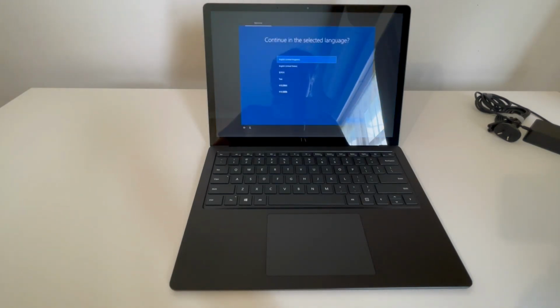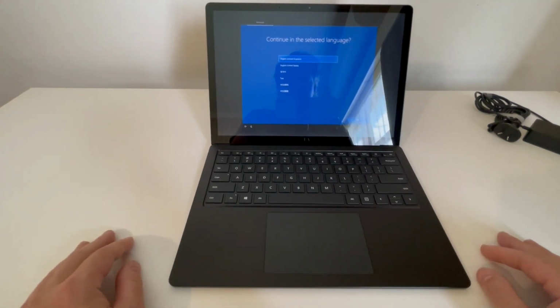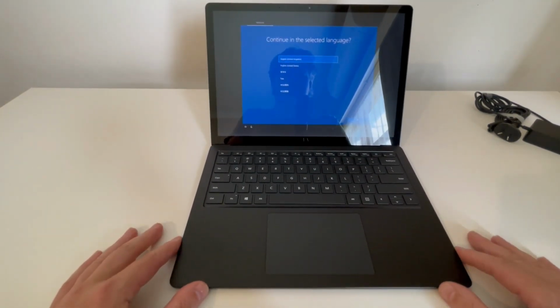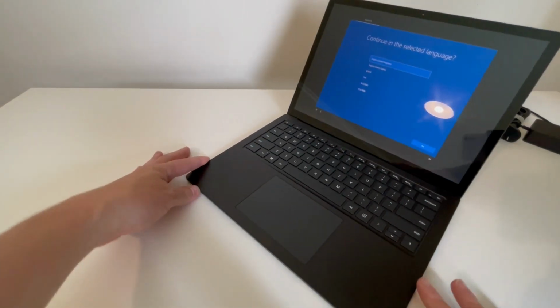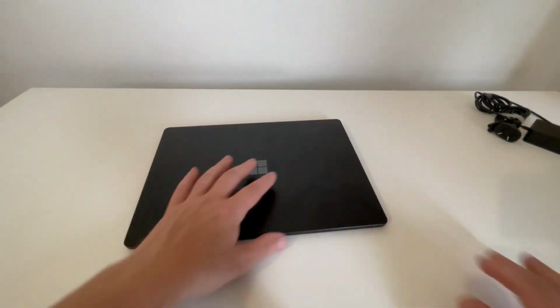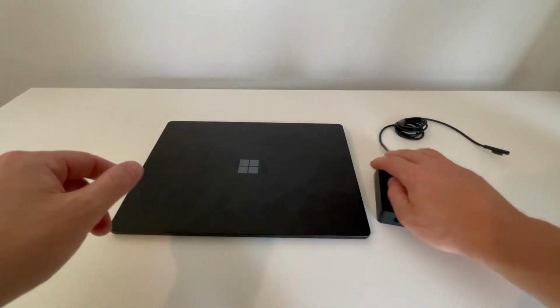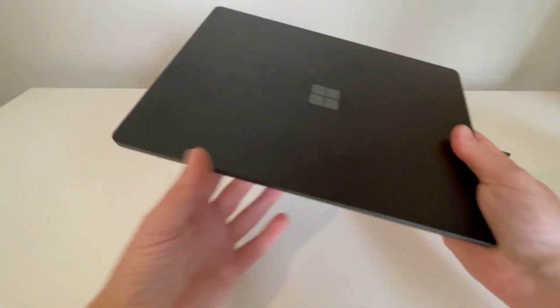I suppose this is it for now. I've got to go off and set this all up. That screen's very, very reflective. It's quite bad. All right, let's get rid of that. So, that is the unboxing of the Microsoft Surface Laptop 4 with the AMD Ryzen, the 16 gigs of RAM, and 256 gig of storage. Actually, that's something worth mentioning. So that 256 gig storage,